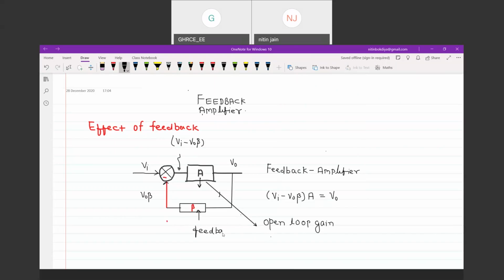This is feedback factor. So we are having open loop gain and feedback factor. And what is